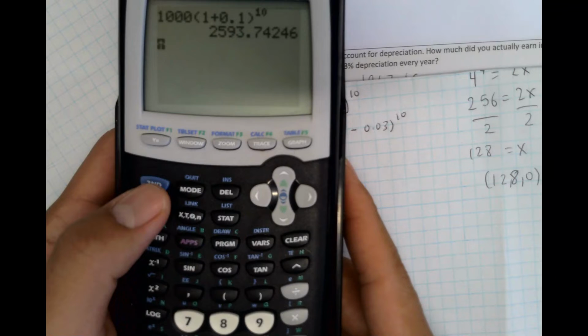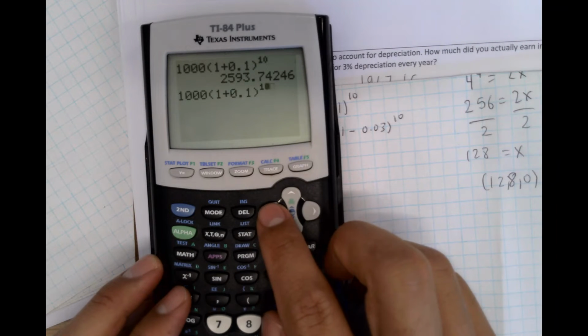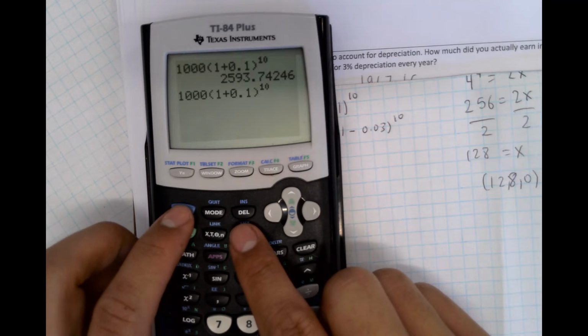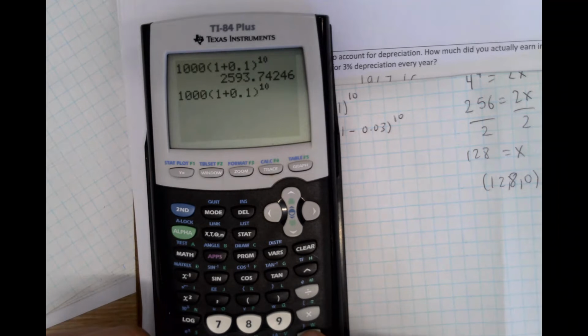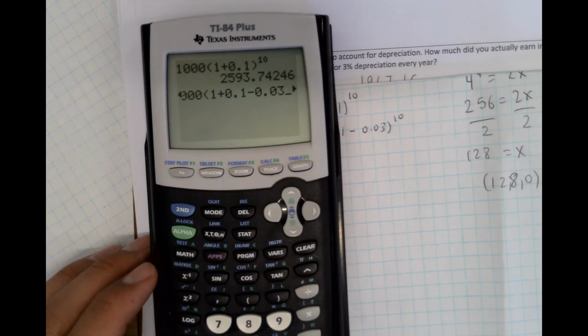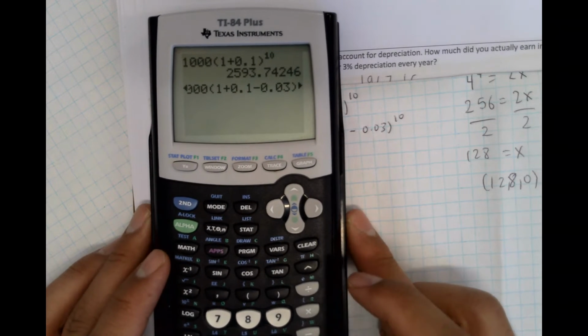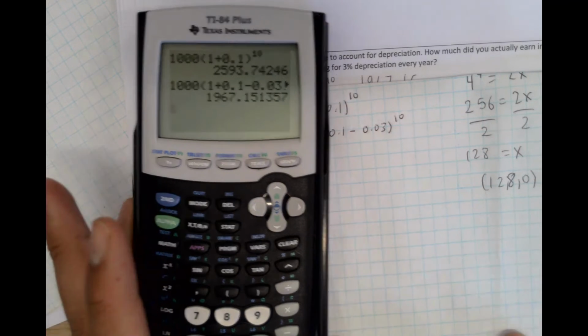You can actually just click second entry, and then you can see here that it types the same amount that I just wrote. And then you can actually type second delete, which makes you insert, and then you can just write minus 0.03, and basically you're just adding in a new portion to what you typed in before. And then if you press enter, you can see that we get our new amount, which is